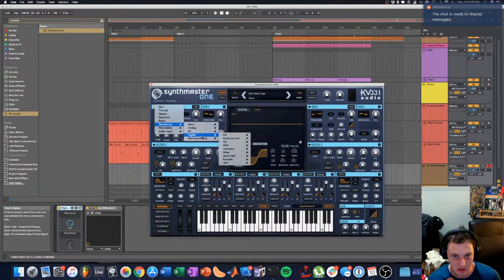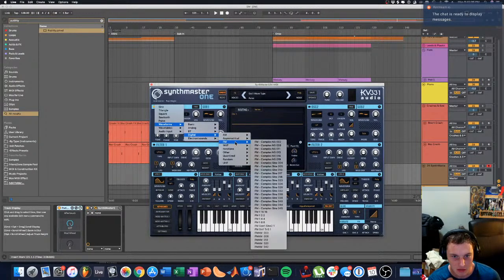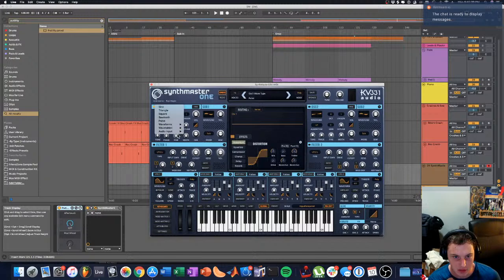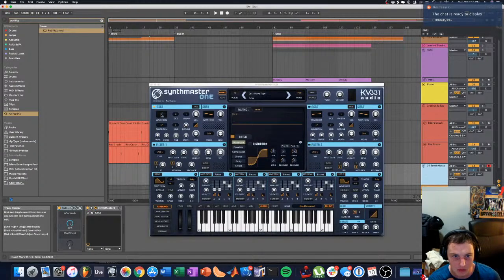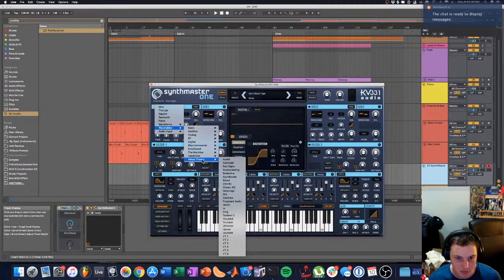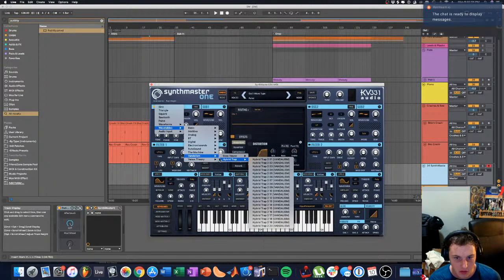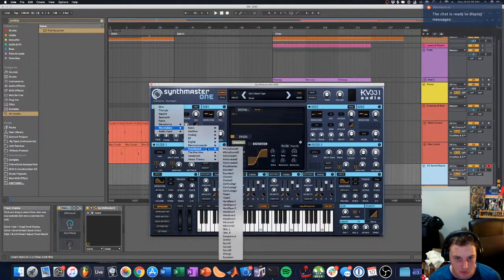Let's see. Analog, don't care. Well, there's a lot of waveforms. Man, I know this has it. And noise. I'm getting noise here. That's really annoying. Maybe there's a wavetable that has a bunch of different noise. Because the reason is I think it'd be kind of cool to have... what am I trying to say? It'd be cool to be able to use